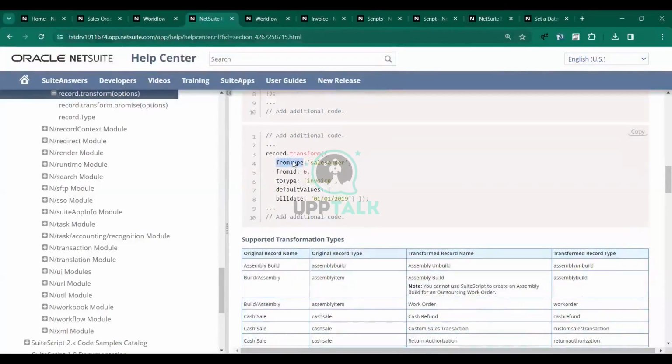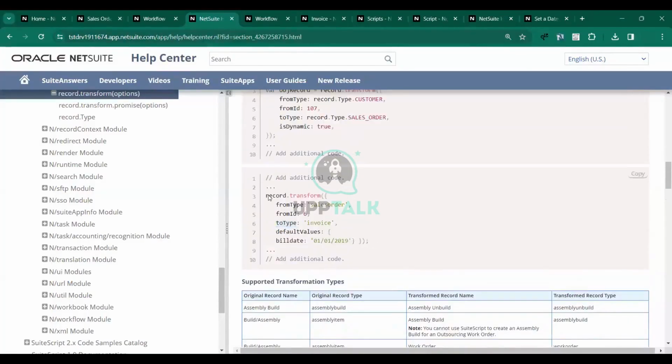When we want to directly create something, we need to give the from type, what type we want to transform. Here they have given an example from sales order; they are creating the invoice, right? The same way, in the from type we will give sales order, and in the to type we will give item fulfillment. It will create our item fulfillment for us, and it will give the internal ID of that newly created item fulfillment, right? If I log this,